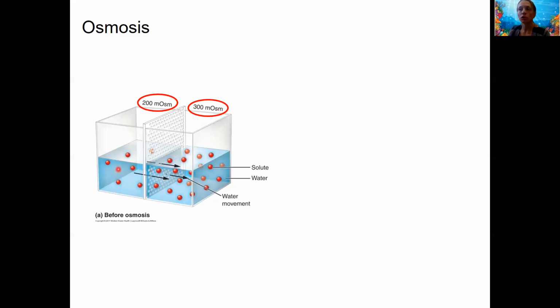And water is going to move from this direction to this direction. Like we said in the previous slide, low solute concentration to high solute concentration, high water concentration to low water concentration. Low osmolarity to high osmolarity. So only worry about this if it helps you. So what that's going to look like is